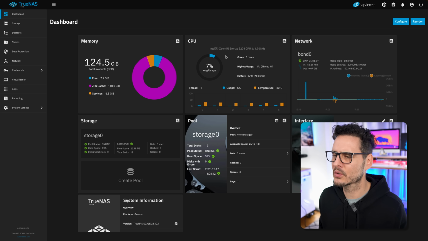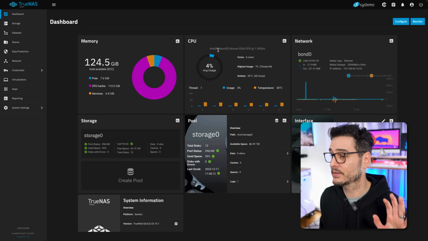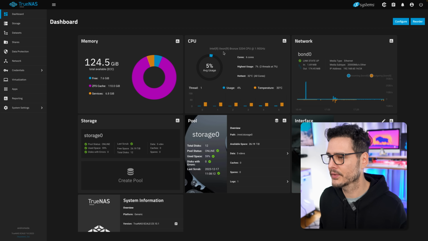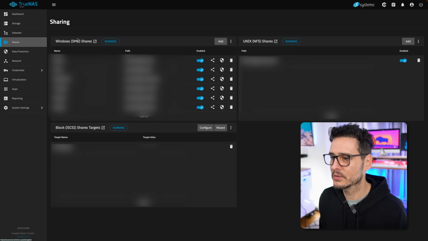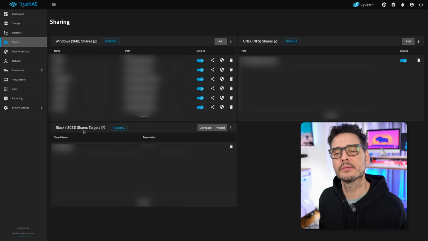It does have, 6 cores? They're all low clock speed, but this is perfect for a NAS because it uses very little power, all things considered, for a NAS that has about 10 drives in it. But my NAS provides a lot of storage services, is what I call it, but it provides SMB, so Windows shares, NFS shares, and also iSCSI targets because I need some iSCSI drives for some of my machines.